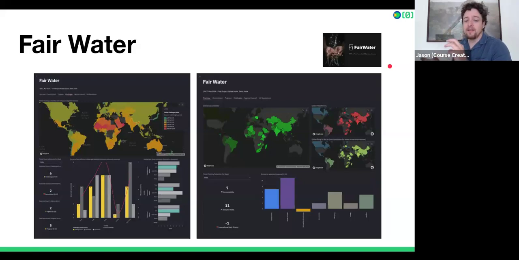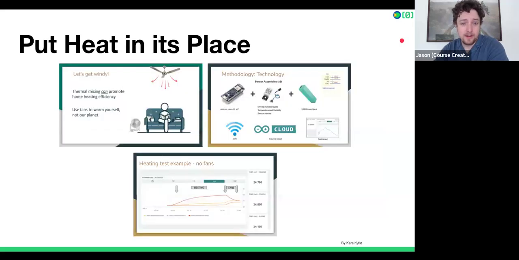And the goal here is to take people who might want to invest and do good in the direction of ensuring safe water supplies, and give them some useful metrics to work with. And this is all done 100% in Hex, which is the platform that we use for our homework assignments. They created a public dashboard that you can see, and they did this all using publicly available data. And then there's another project that I wanted to highlight